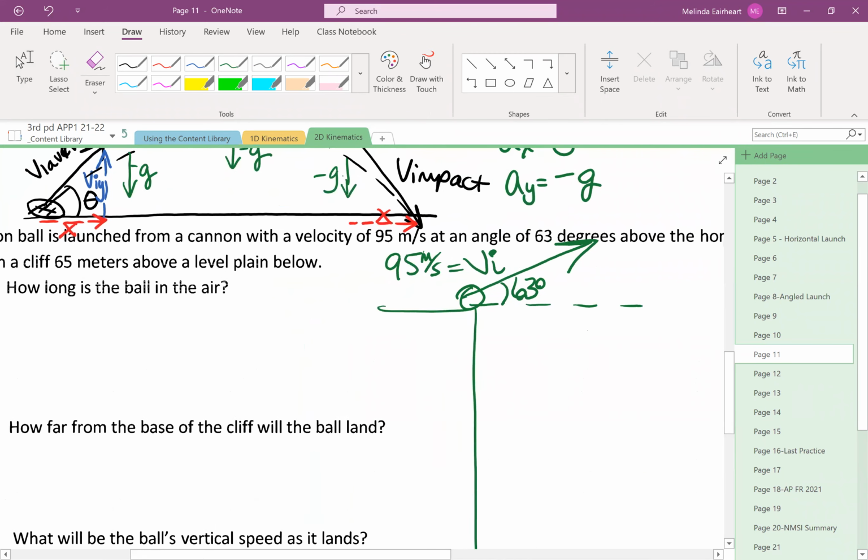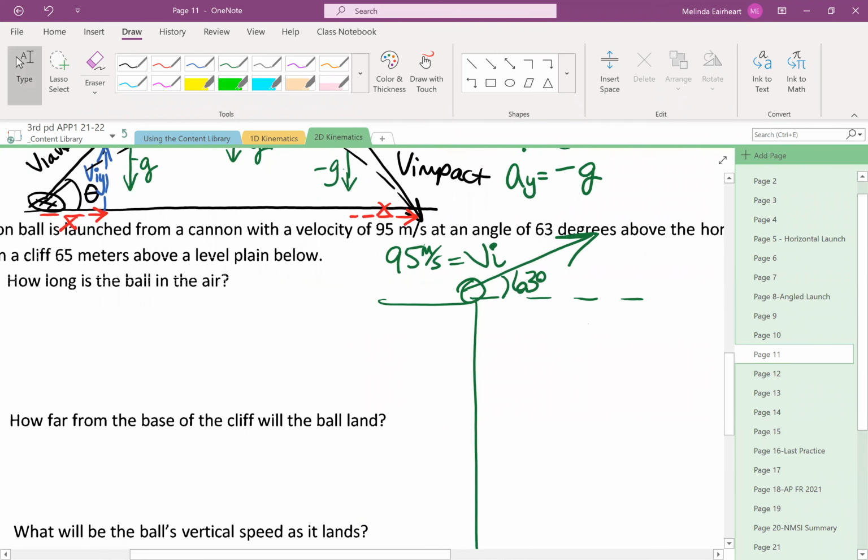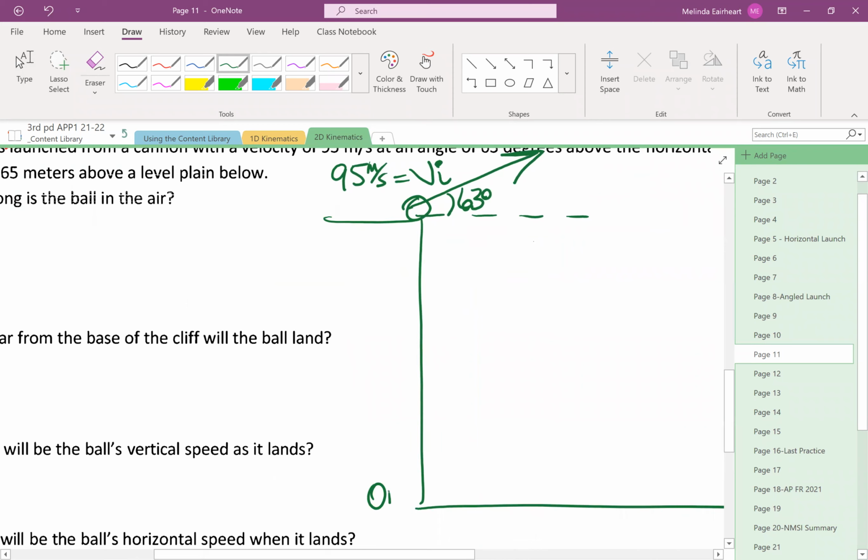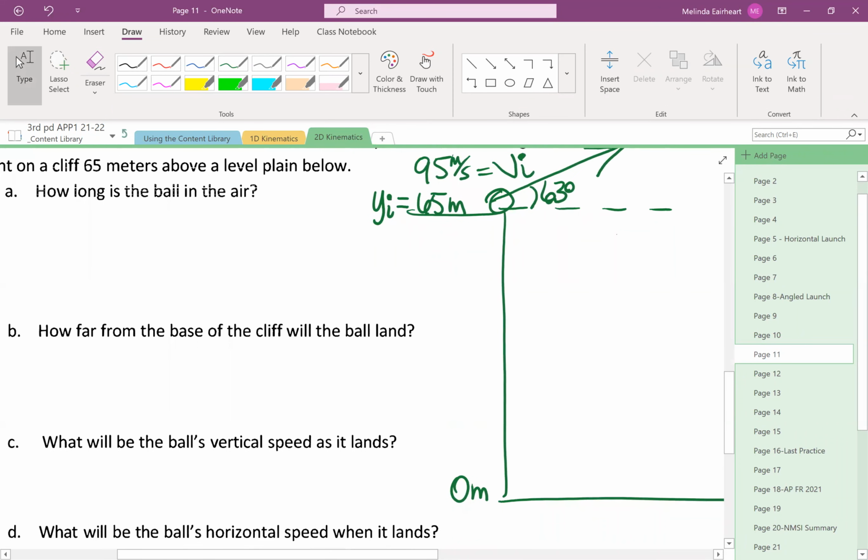And they tell us the cliff is 65 meters, basically tall, right? And so I'm going to go with standard sign convention. I'm going to call the ground 0 meters, and the cliff is 65 meters. Now that's vertical, so let's think vertically. The ball is starting at 65, so I'm going to say y initial equals 65. Now eventually it's going to end on the ground, okay? And then what are we going to solve for? How long is the ball in the air? We're solving for